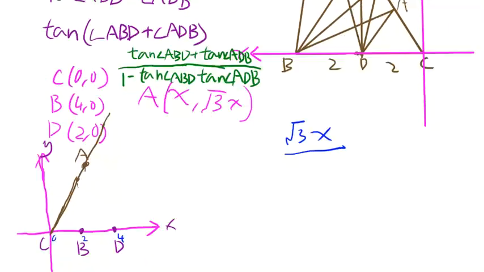we want this ABD. We move this down. This is ABD. This divided by this. This is root 3x. This is, point this x minus